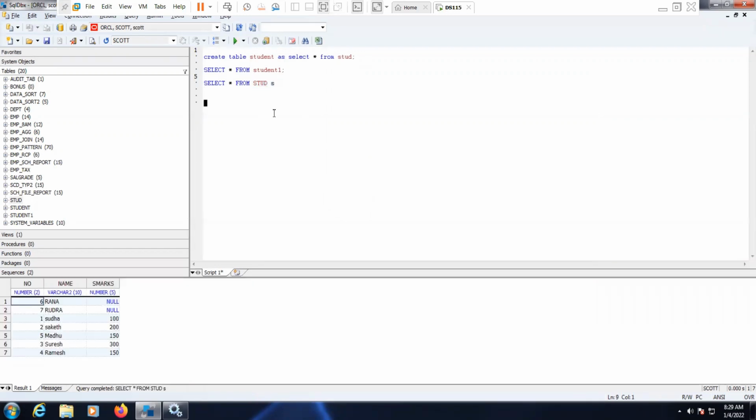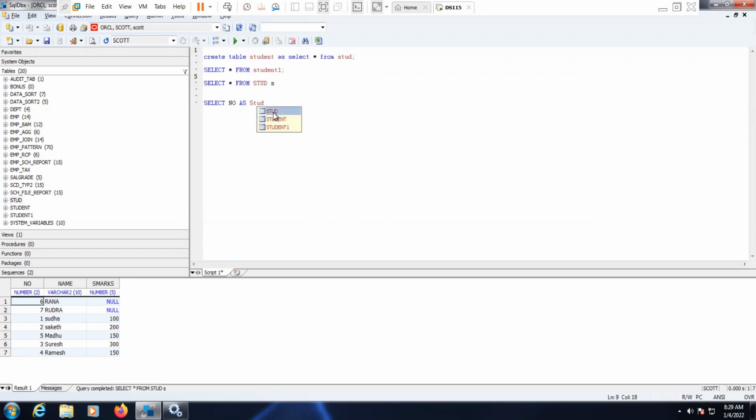And I need the number here. So I need to give a column alias. Just now we have given the table alias. Then how to give the column alias? The syntax for that: column name, then alias.